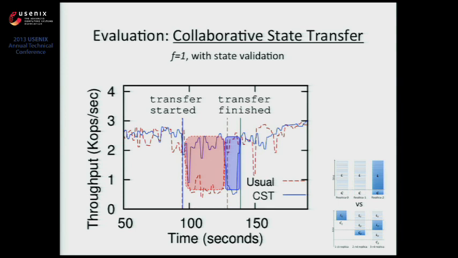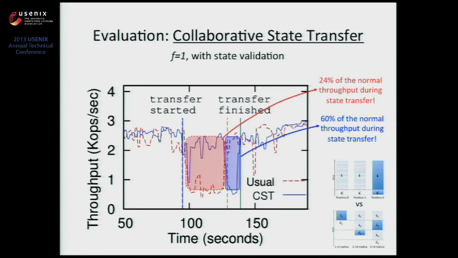And it is interesting to look at the two areas there, and you can see that the blue area is around 1/3 of the red area. This happens because in this particular execution, what we are trying to do is get parts of the log that are more or less the same size as the checkpoints. So each replica is sending 1/3 of what is sent in the usual state transfer.